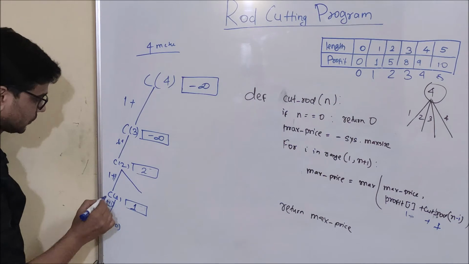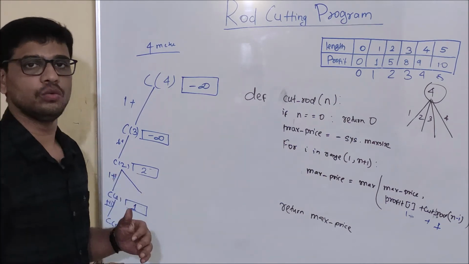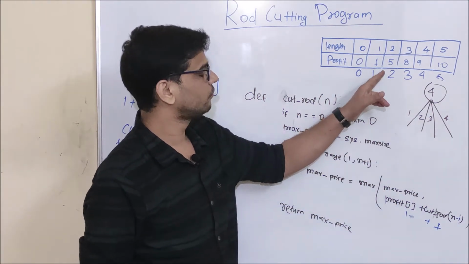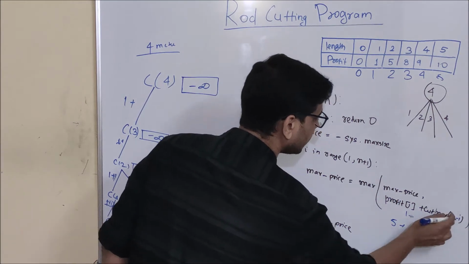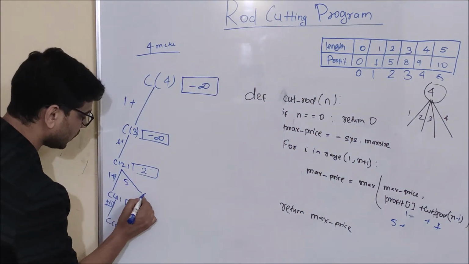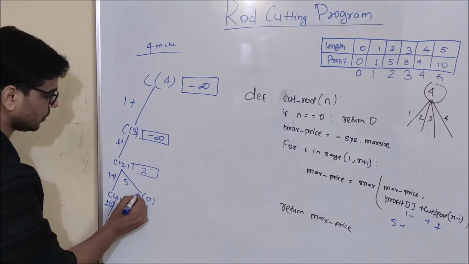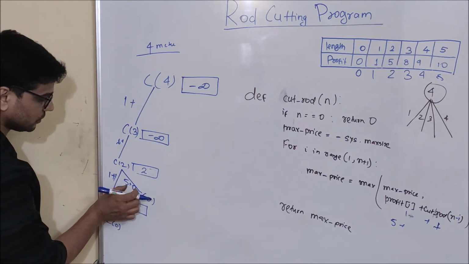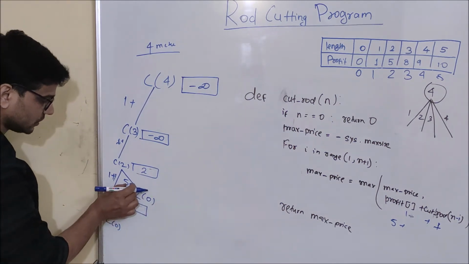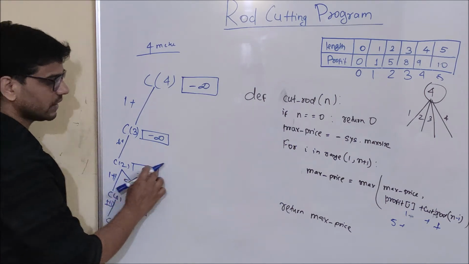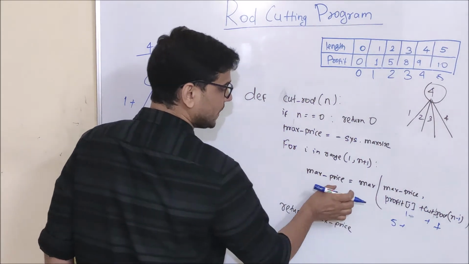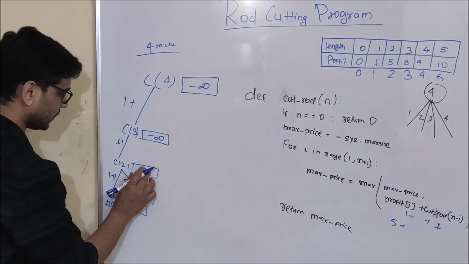Okay, and after that what I am going to do is I will give it a cut of 2 meter. When I give it a cut of 2 meter, that is for i equal to 2, what is going to happen is profit of i, 5, plus cut rod of 0, that is 5 plus CR of 0, will be called. When CR of 0 is called and n is equal to 0, 0 will be returned from here, and as you can see, 5 plus 0, so this is 5, and this is greater than max price. That is, for i equal to 2, max price is equal to 2 and this will be equal to 5, and in max price I will update these two values, that is I am going to update 5 here.